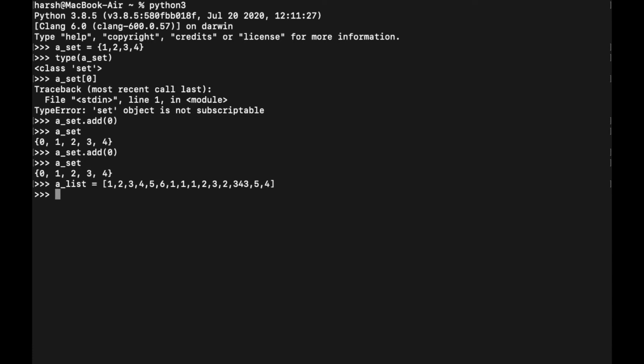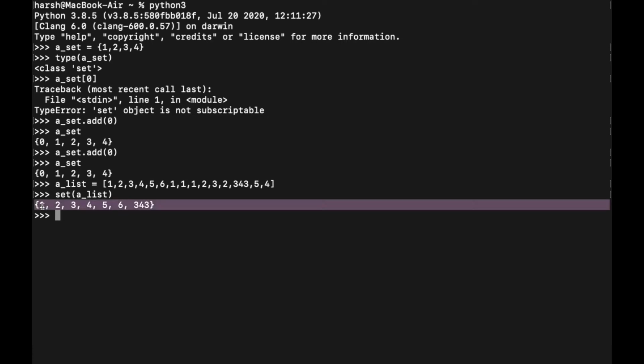There is a simple way: I just convert our list to a set. As we can see, the class here is set, so I'll just use the constructor, set of the list, and I get the unique values only. We exploit this property of set too often in Python. This property is the most useful property of set.